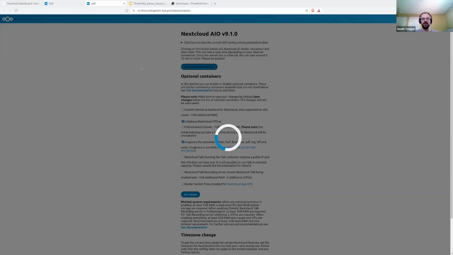So the AIO system here is very nice because it handles updates automatically. This is based on Docker, and it talks to Docker directly, so you don't have to deal with Docker as the user, but in the background, what it's doing is downloading some container images, and it will allow you to update those. So this is very nice because it gives you some control over the different components that you're installing,